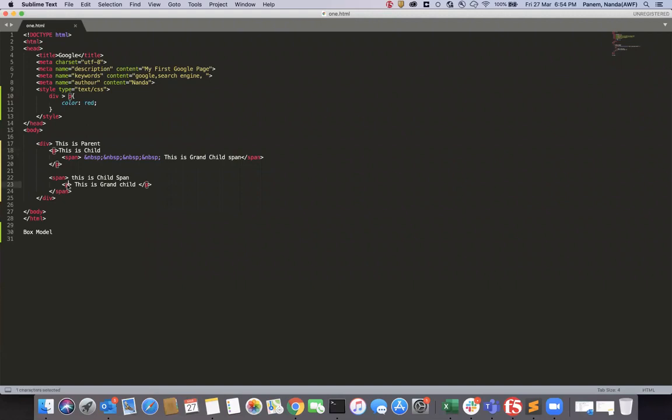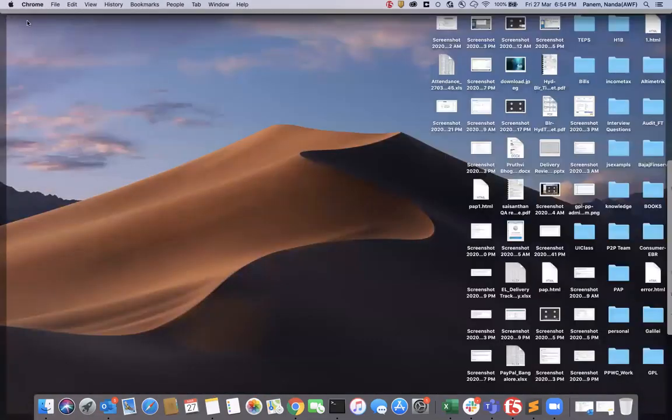But this paragraph is a grandchild. So by using the greater than symbol, we can apply styling only to the exact children. If you are not providing this, it is a general or descendant selector, so anywhere a paragraph comes, it will apply red color. That's the reason you are seeing red color over here.